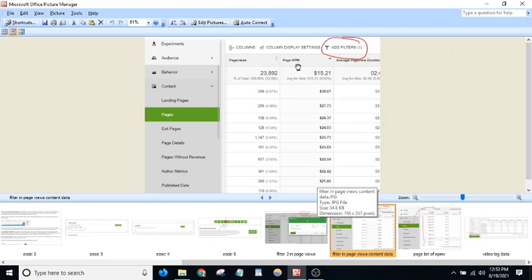This RPM column will be at the last, and you can drag and drop it to the front, on the left side. So here I have all the pages, page views and page RPM. Now I can check which pages are getting good EPMV and which are not.